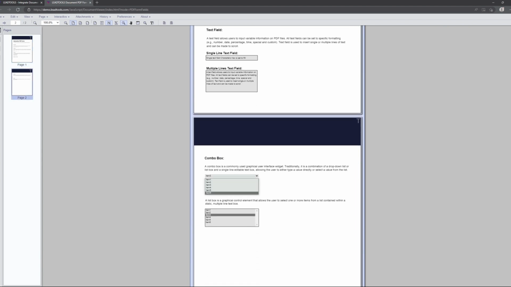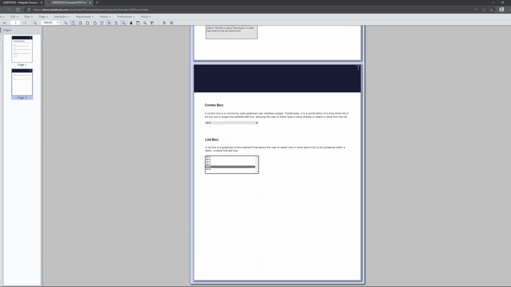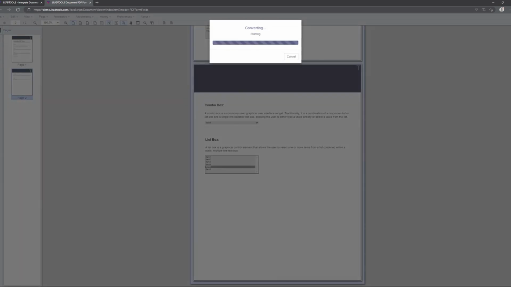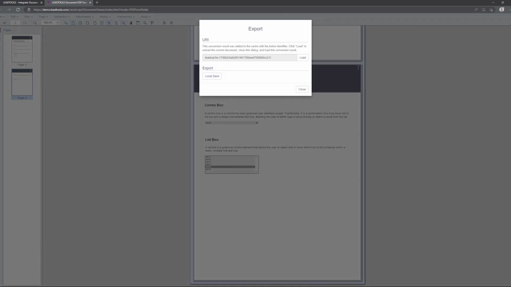As we scroll through the document, we'll interact with each field, changing the options to highlight the viewer's interactivity with various form elements. Once we have made our selections, we'll export the PDF. This feature allows you to capture user input, creating a filled out and interactive PDF document that can be shared